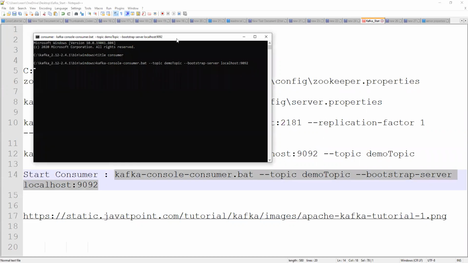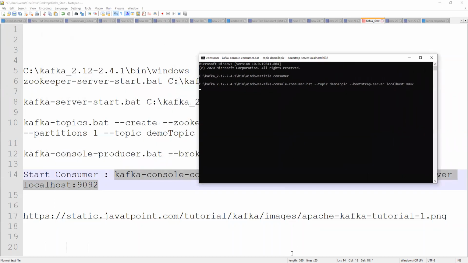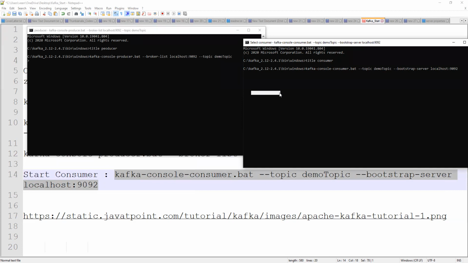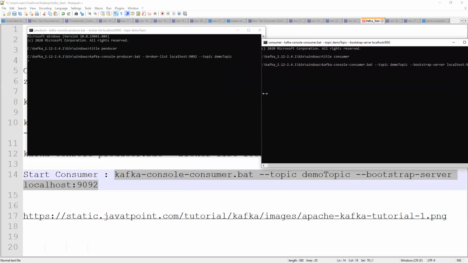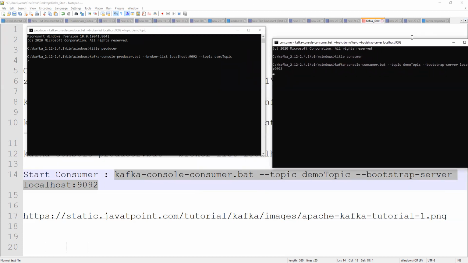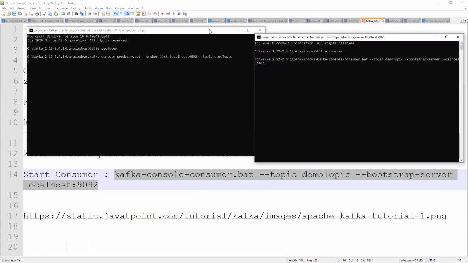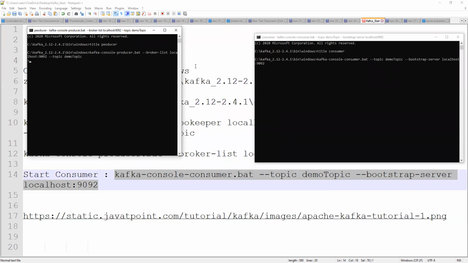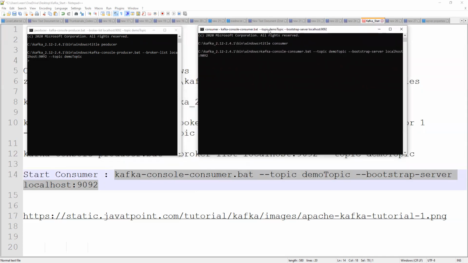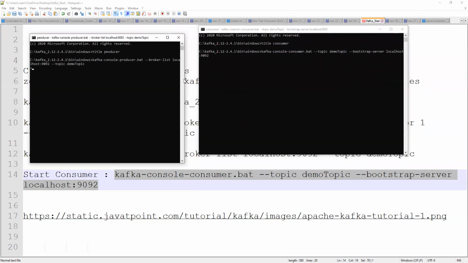Now I just want to take the producer and consumer, because the server is running, Zookeeper is ready, and the topic is also ready. So what is the behavior of Kafka? You are able to see the producer and consumer on my screen, right?